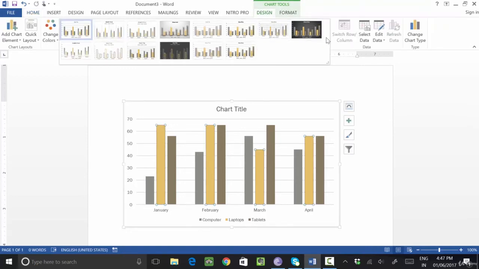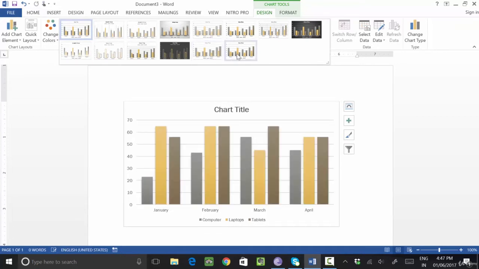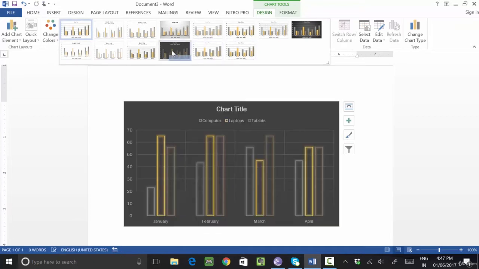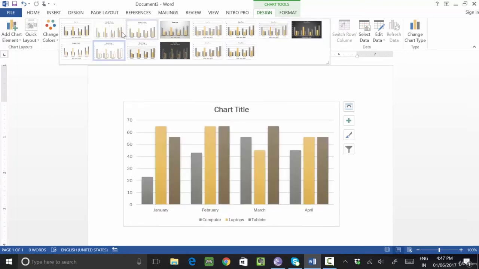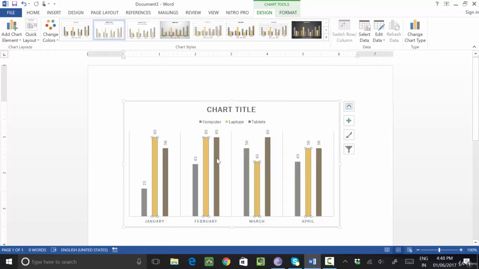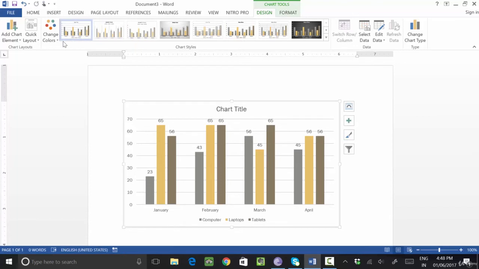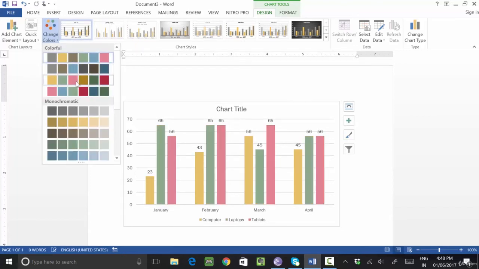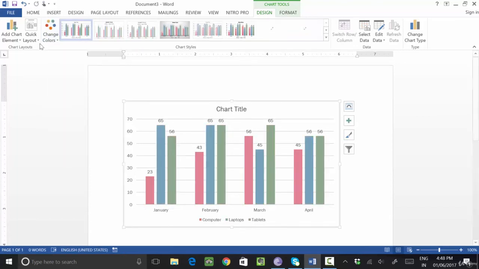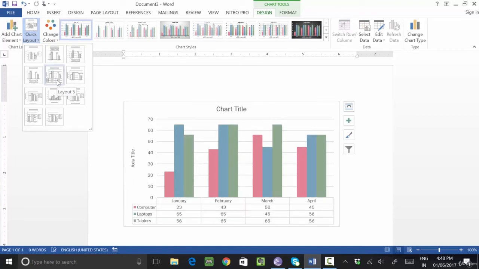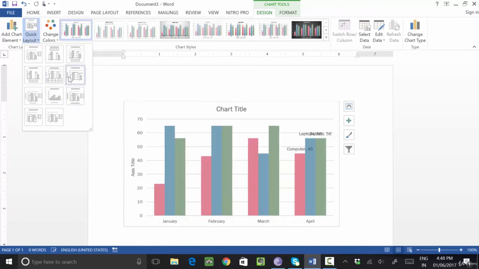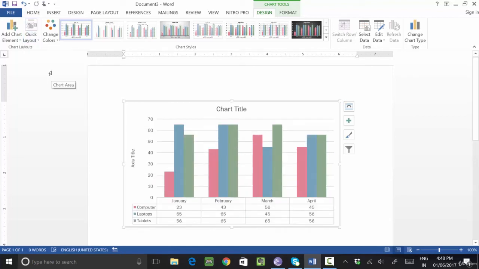If you click on this one, you can go to Design and change the style of your chart. If you want to highlight in a background color, you can highlight in this way, or in a different style also. These are the styles available. Your computer will also show you the quantity you have sold in the different months. If you want to change a quick color, you can change the color of your chart as well. If you want to change the layout of your chart, we have different layouts available here, so we can choose any kind of layout by using the chart option.